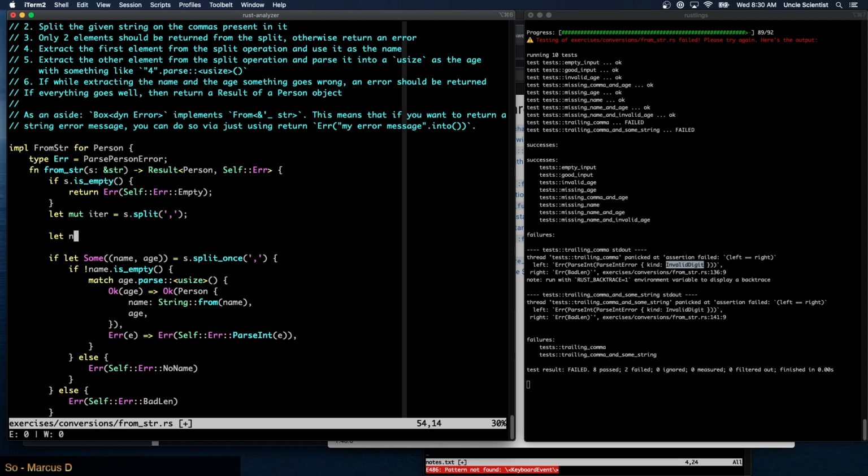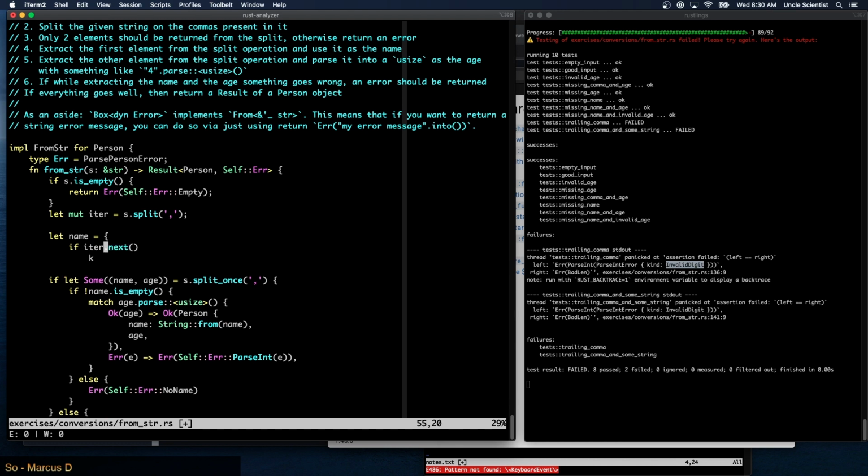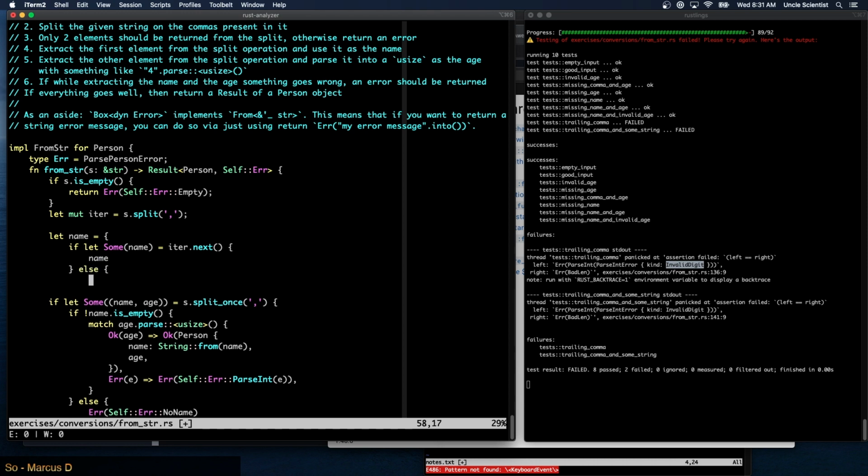So I can say let name is equal to s dot, if s dot iter next. Let some name equals iter next, then it's name. Otherwise we're going to say return error, Self::Error